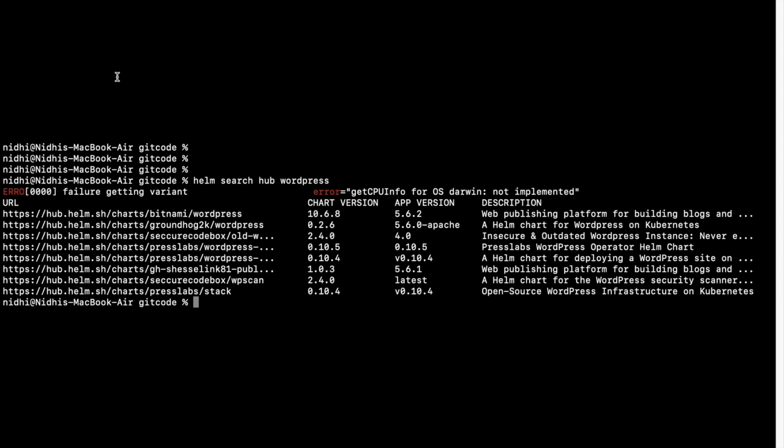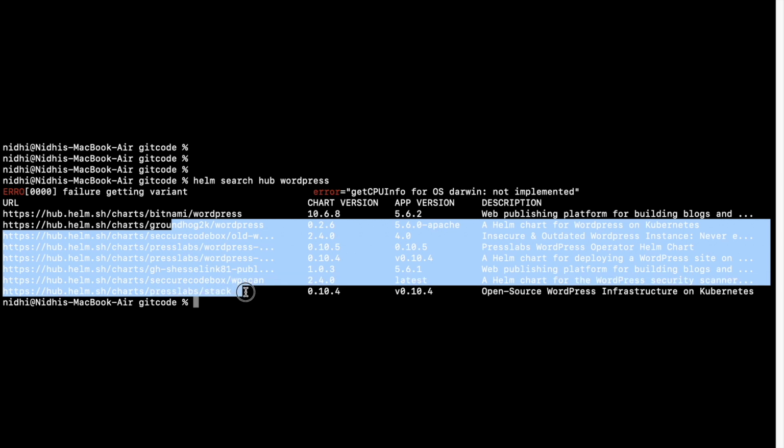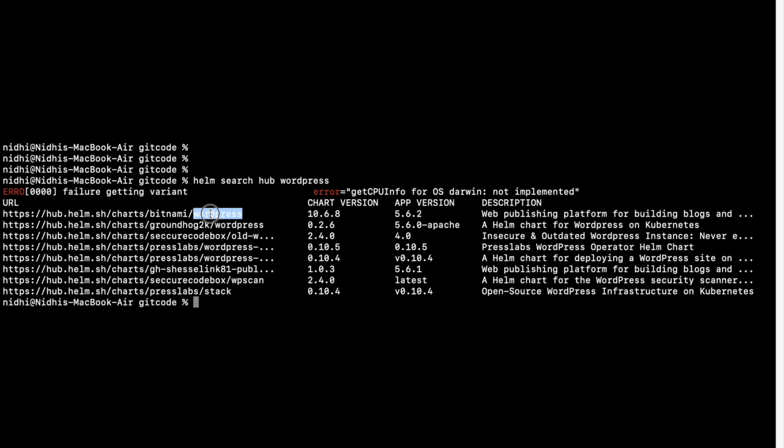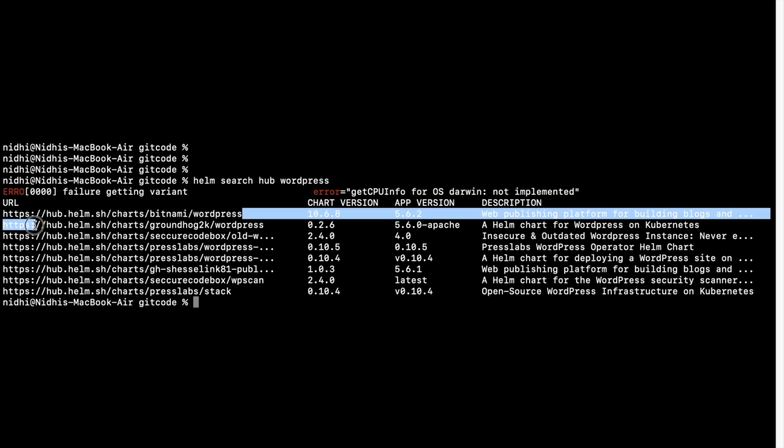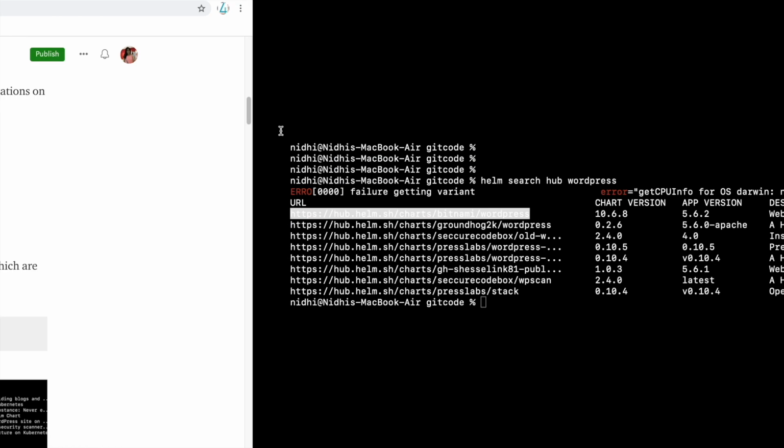Here you can see Bitnami, which is one of the charts. There are a lot of charts available for this particular WordPress application. This is how you can search for anything, like Nginx, WordPress, anything. And then you can just grab this URL and find out all the details.